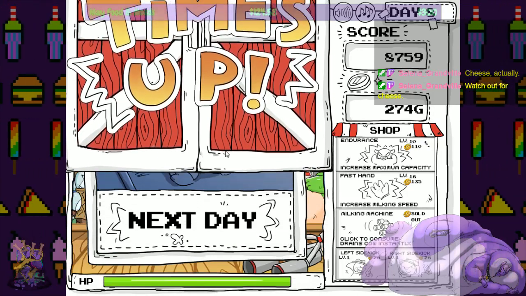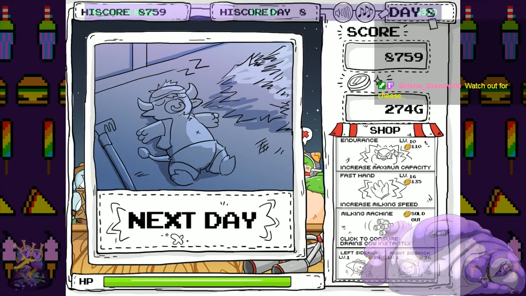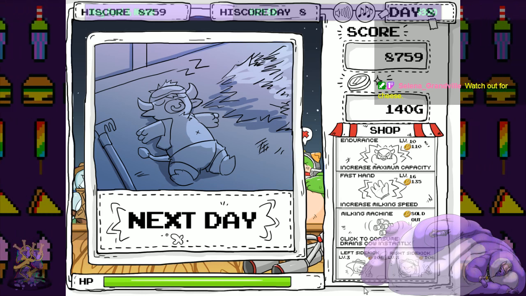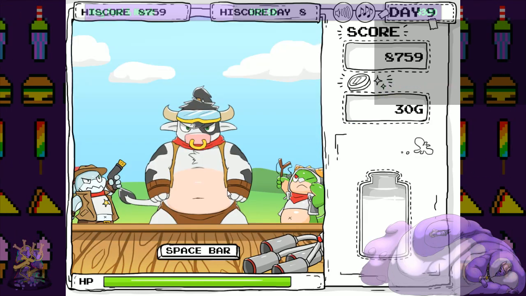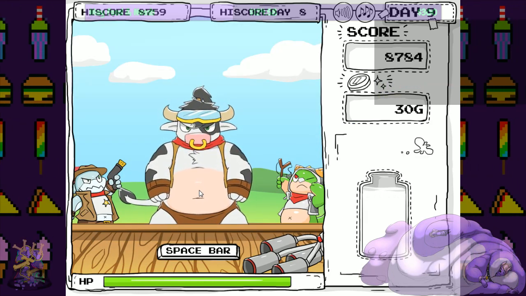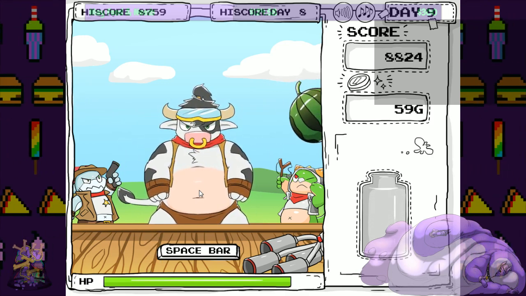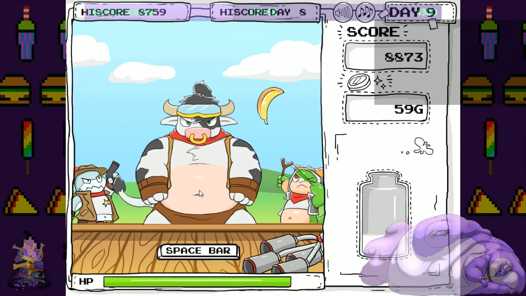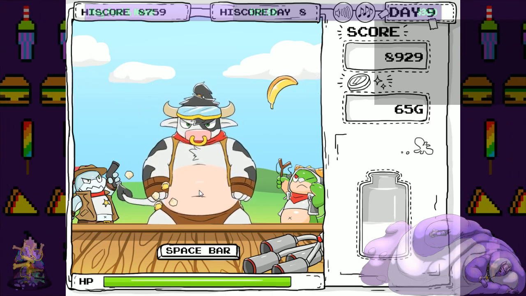Watch out for cheese. Cheese, okay. What a cheesy development. Alright, these guys get some upgrades. And then endurance. I don't mind if they shoot more. It's fine. I'm sure a little bit faster. Not too much faster, but...